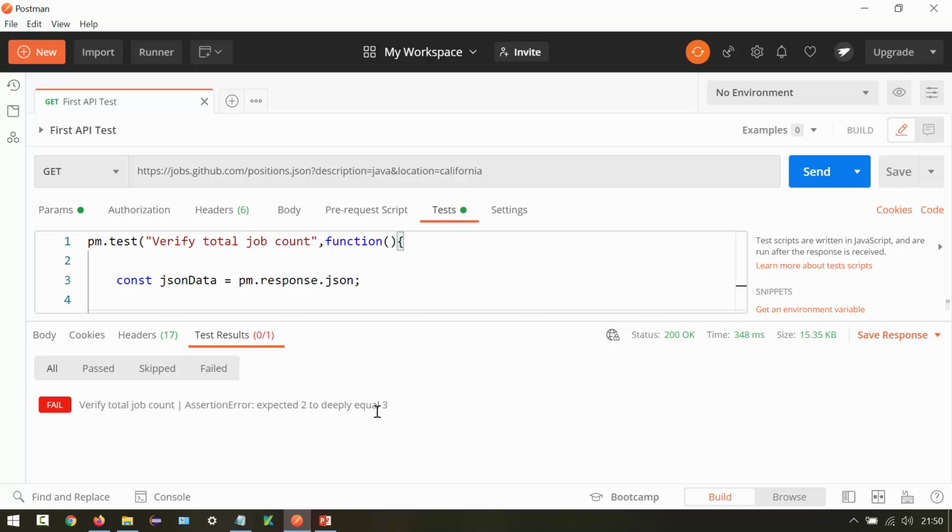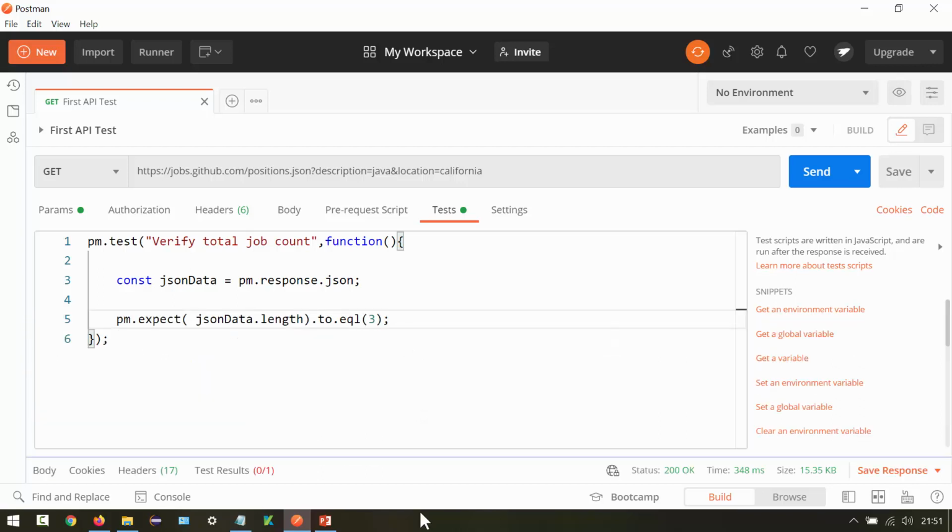You can see verify total job count, that is our test name, but it is failing. There is some issue. So let me look at the test code. Okay, here we need to give two brackets. This is like a method, so that was the mistake.